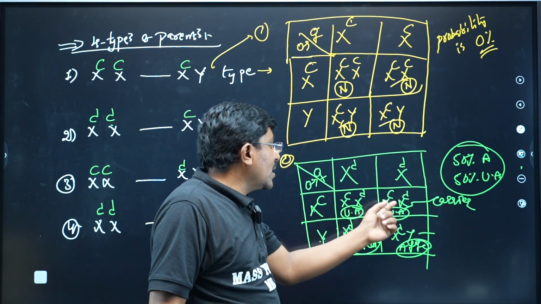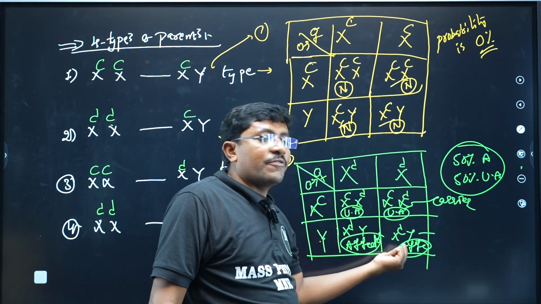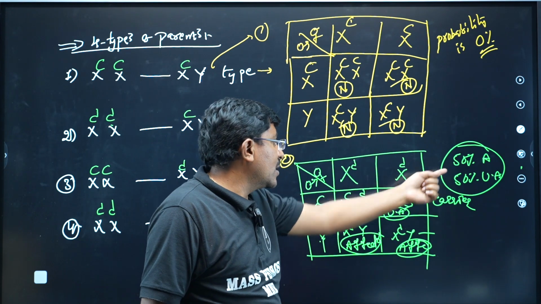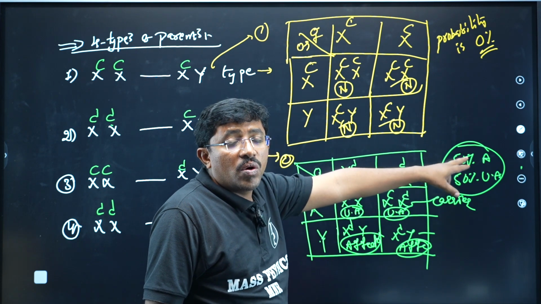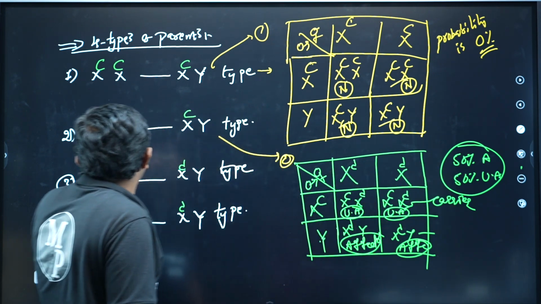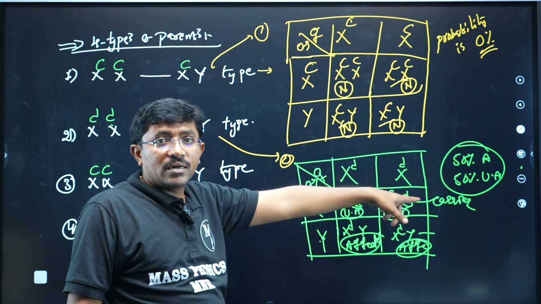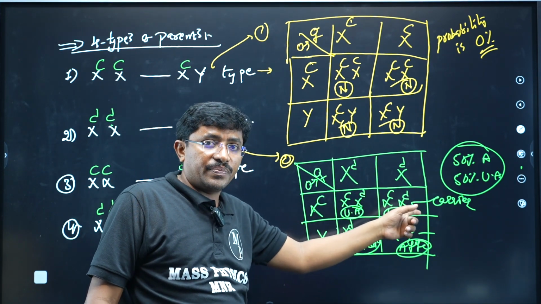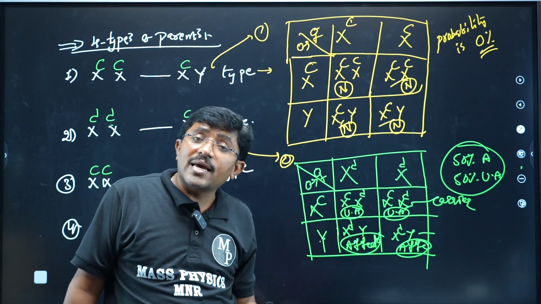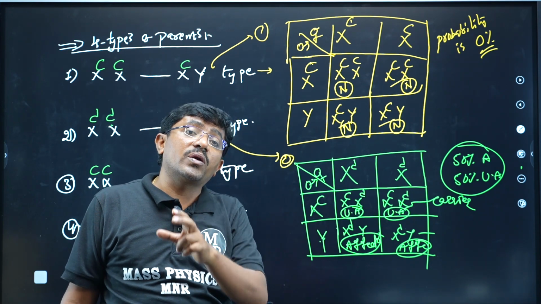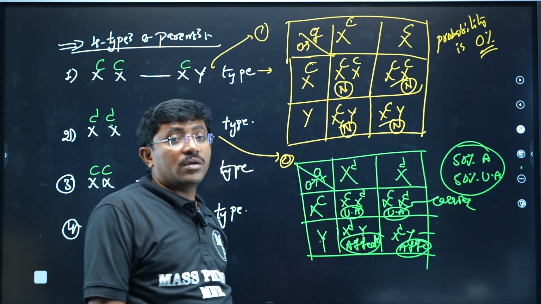The reason: all daughters are carriers, and carriers are always unaffected, but all sons are affected. Only sons are affected here. When the mother is affected for color blindness, all sons are affected, but no daughter is affected; all daughters are only carriers. The daughters will be affected only if the father is affected and the mother is a carrier or affected. Otherwise there is no chance of affecting the daughters.